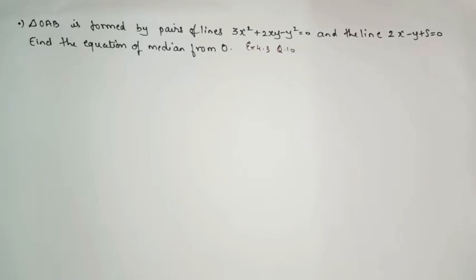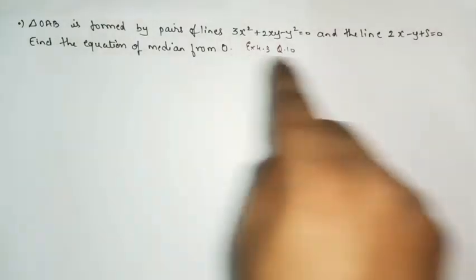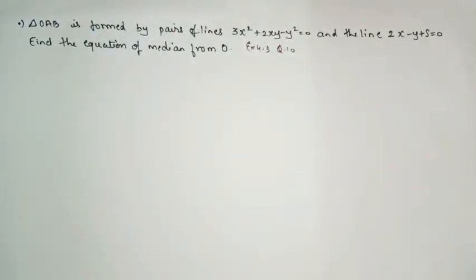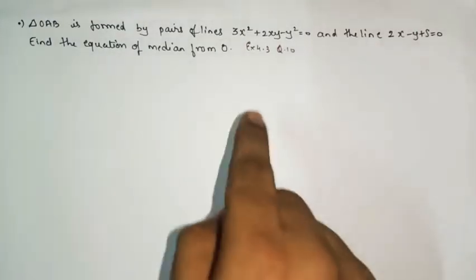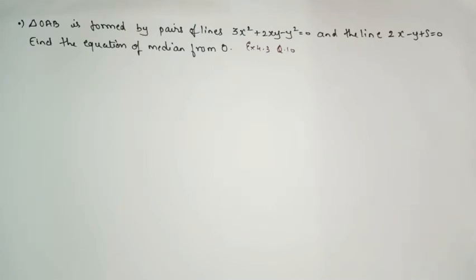For the remaining 10% we have to understand the meaning of the question, understand the diagrammatic form, and simply present the sum to get the equation of the median. So with the help of the diagram we'll solve this sum, and in the exam also you solve this sum by using the diagram only. So now we'll read the question, understand it, and draw the diagram first.